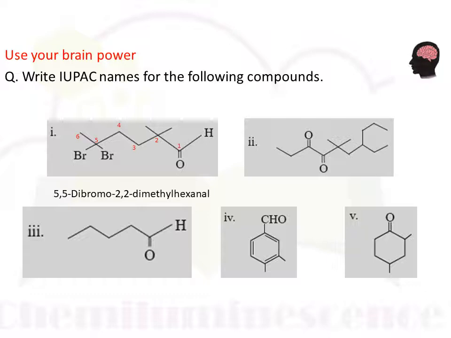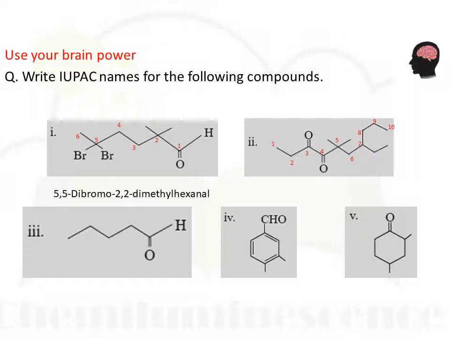For giving the numbering to each carbon, we start numbering from the end to which a substituent carbon is closer, or the end to which it is nearer. So we are beginning from this end, because coming from this end it is too far away, and to the other end it is too close. Hence we are numbering in this way: this carbon is carbon 1, this one is 2. At the third carbon, a carbonyl carbon is present. The fourth carbon is also a carbonyl carbon. At the fifth carbon, 2 methyl substituents are present. At the 7th carbon, an ethyl substituent is present.